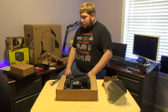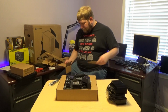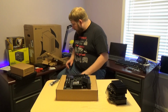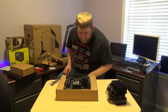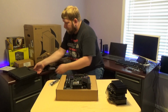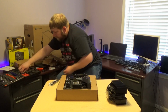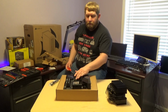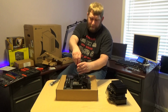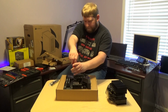Okay, guys, so I've looked at everything, and hopefully I've got this down, know exactly what I'm doing. So what we are going to do is get another screwdriver. Make sure I'm very careful with this. And here's the Phillips head, and we're going to be taking out the bracket that's in here right now. Now, you have to be very careful. I applied a tiny bit of pressure just now to get this out. Unfortunately,